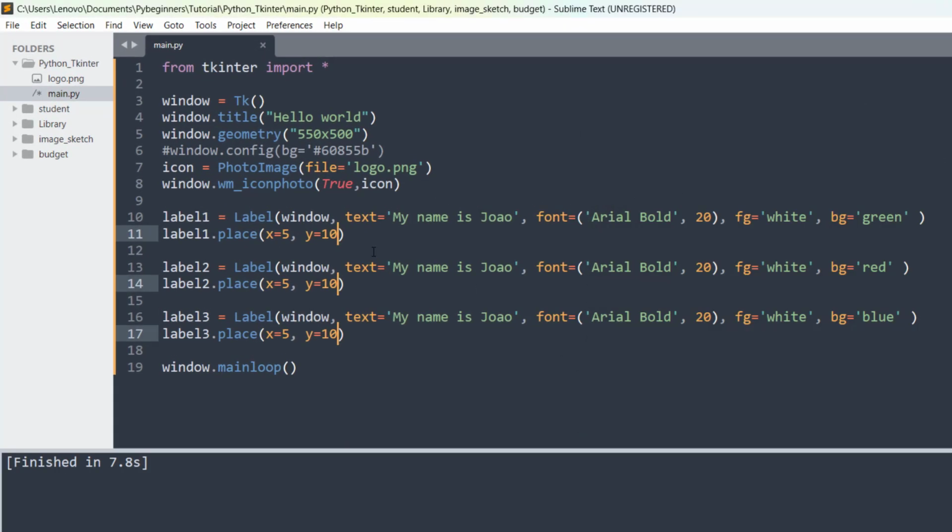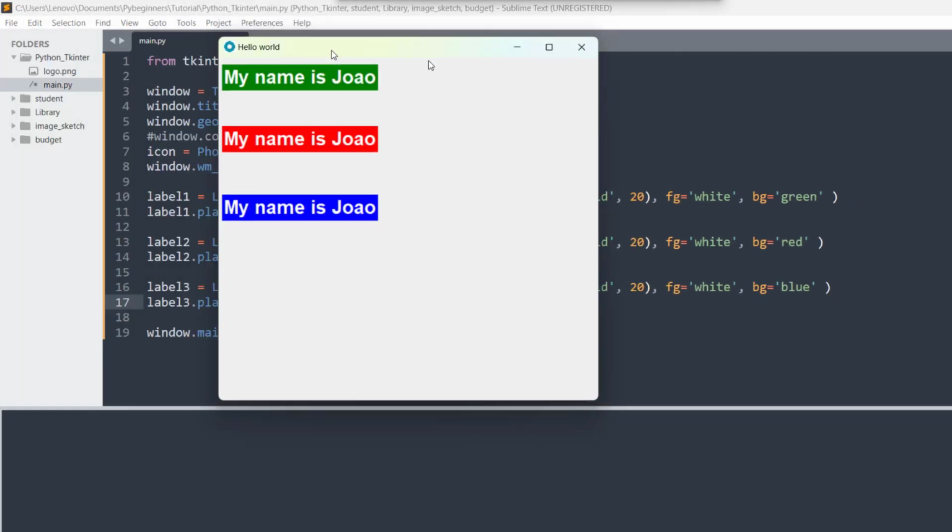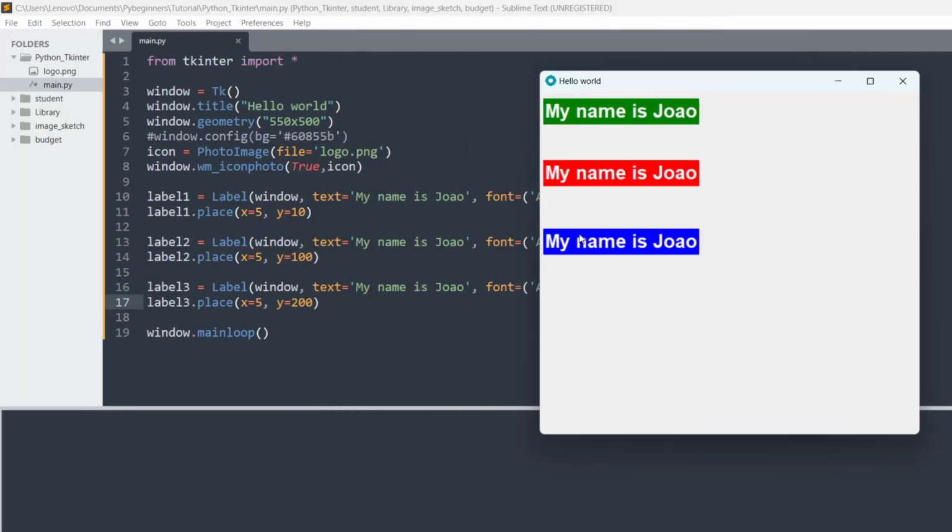But we can change this as we said. By using place, you can move the widgets wherever you want inside the window. For example, for this one I'll keep X at 10, and I'm just going to move it vertically, because as we said, Y moves vertically and X moves horizontally. So let's move this one a little down, 100, and this one also down, for example 200 might be enough. If I save and run, we can see we moved these ones: the blue one down to where Y is 200, and the red one where Y is equal to 100.